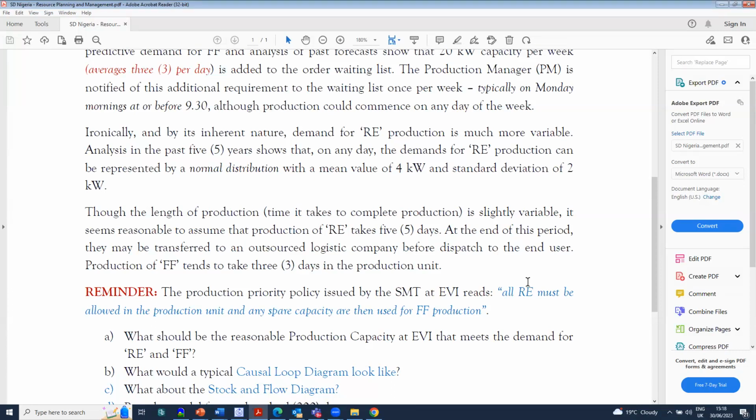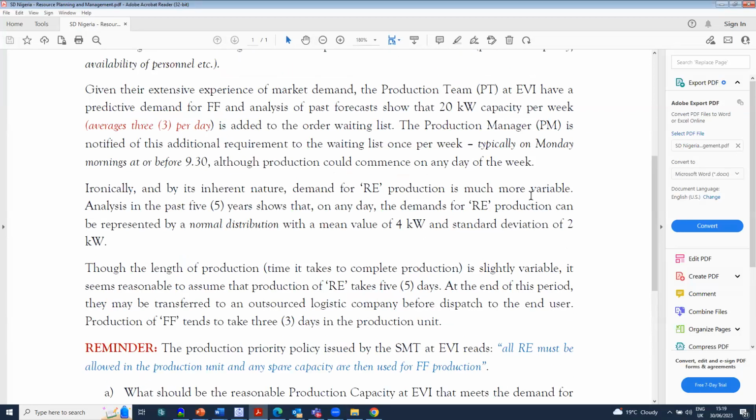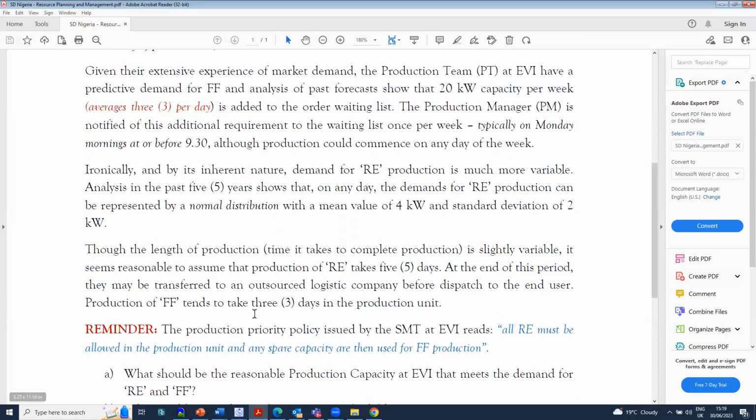Okay, sorry. Let us start from the order we are working on, so that we'll be able to find out precisely what it is. So what do we take first? Let's take the average time to produce fossil fuel, as can be seen from here, is 3 days. First, it takes 3 days to produce. So when you multiply 3 by 3, you have 9. So we need a production capacity of 9 kilowatts. Is that correct?